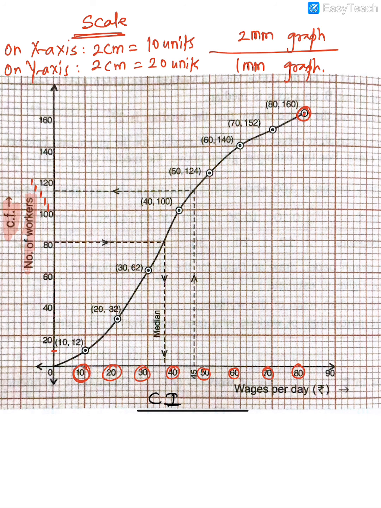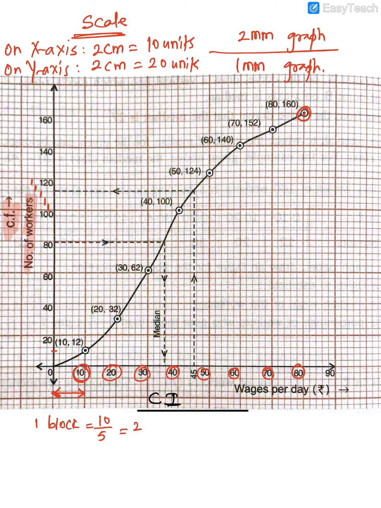I'll just give you an example. Say, for example here, if you notice, there are 5 blocks, right? How many blocks? 5 blocks. So each small block will be how much? 10 divided by 5. So that is how much? 2. So each small block is 2.